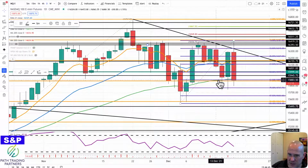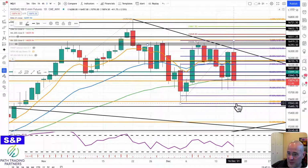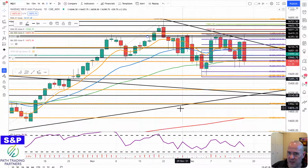You still have some buying pressure stepping in. You see these last three candles, and this was the first hint I talked about, the bottoming candle. We then had the Fed announcement, and we still get this buying pressure in here. But if we start getting below on a closing basis about 15,767, then that's really bad. If you want to play a little conservative, 15,717. If I get below there, I'm just going to the lows. What was the low? 15,538. And below 15,538,